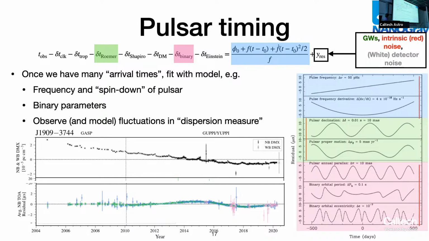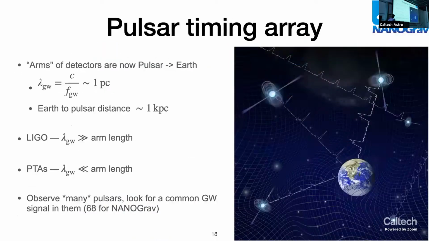So down here, the y-axis would be this Y-res that we talked about right here. And this is for one of our best timed pulsars, J1909-3744. And you can see that we've got some stochastic wandering here. What's interesting about this pulsar is that this wandering is completely attributable to that signal that I showed on the second slide. A lot of pulsars will have some intrinsic red noise, but for this particular pulsar, all of this stochastic wandering is attributable to this gravitational wave background signal that we have evidence for.